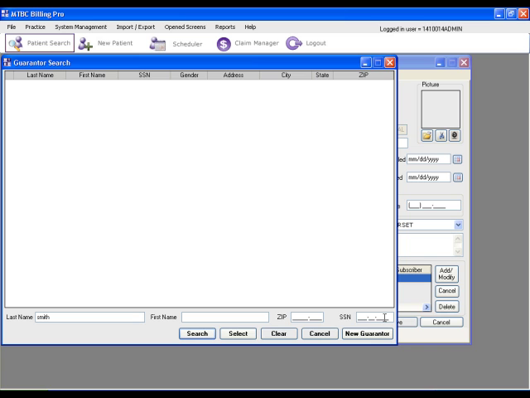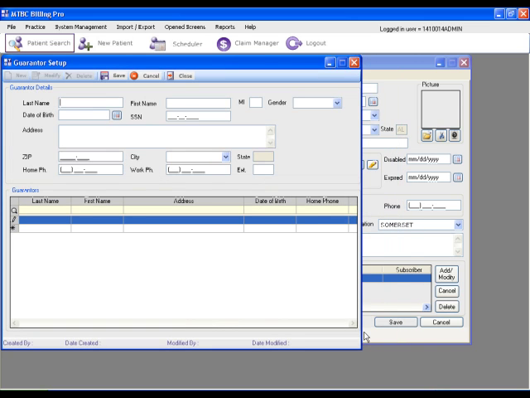If we're unable to find the guarantor of our choice, we can click on New Guarantor. New Guarantor is going to take us to a place where we can add a new guarantor. Here we can just put in the last name, a first name, a date of birth, social,